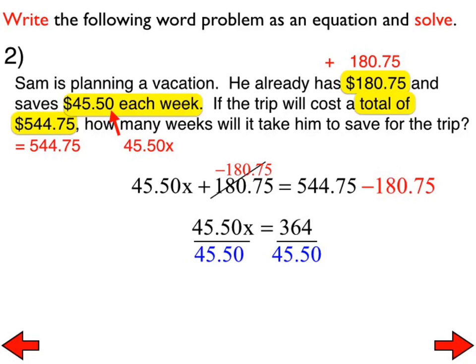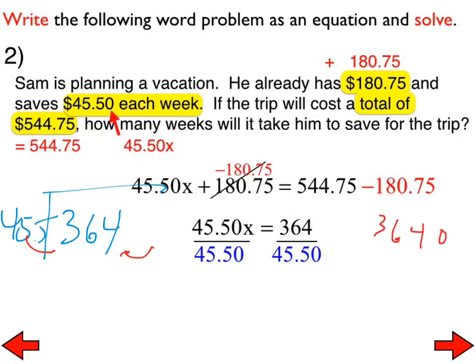What we really have here is 364 divided by 45.5, but we've got to deal with this decimal right here, so we'll have to deal with it there, and you should rewrite this so we have 3,640 divided by 455. And this is the part where people are getting stuck right now because apparently in 6th